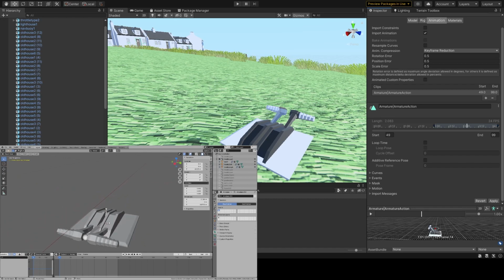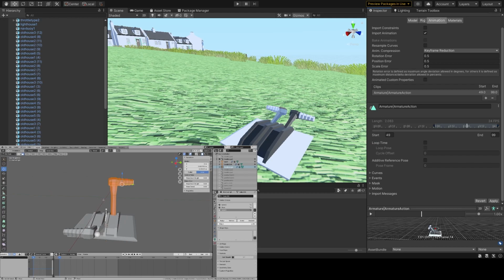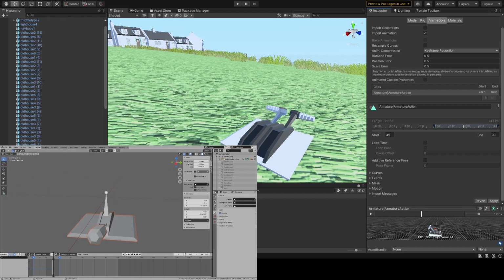Wait, why is one of them appearing backwards? Ah, the scale on this one's wrong. Apply scale. There we go, fixed. Okay, I need to go and